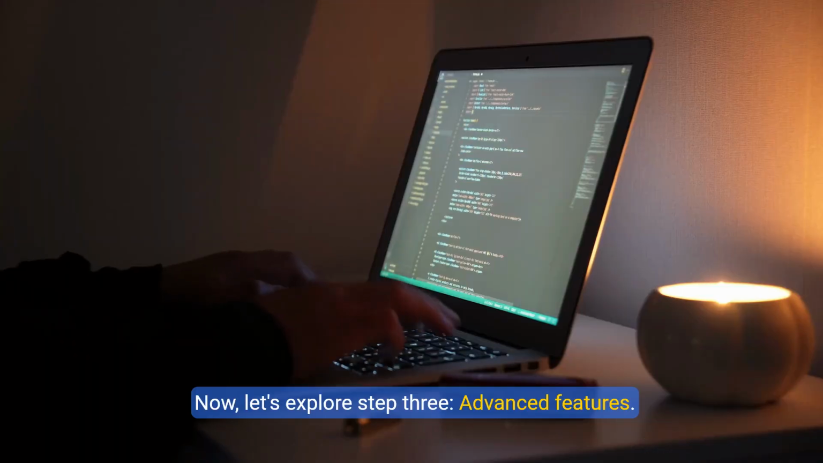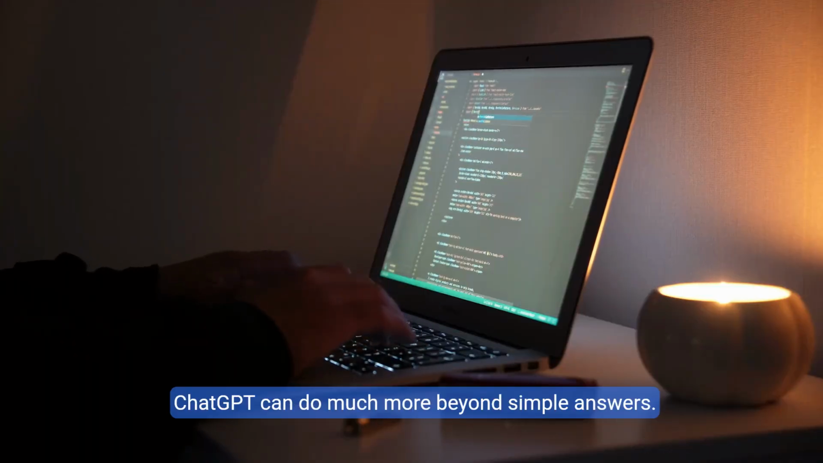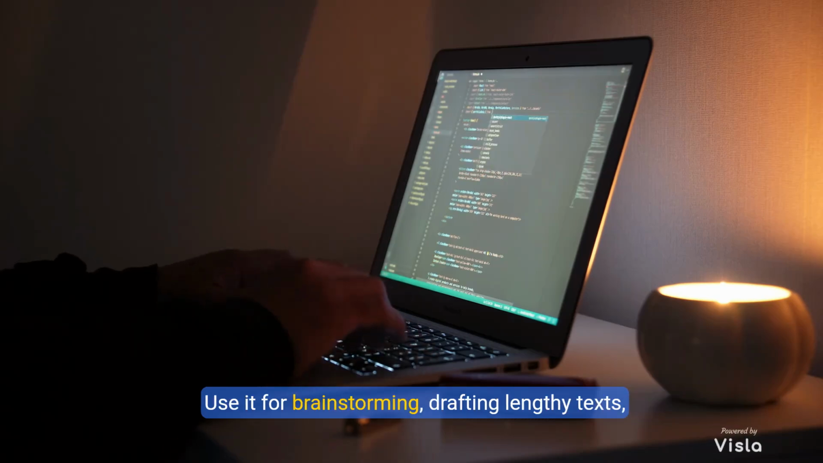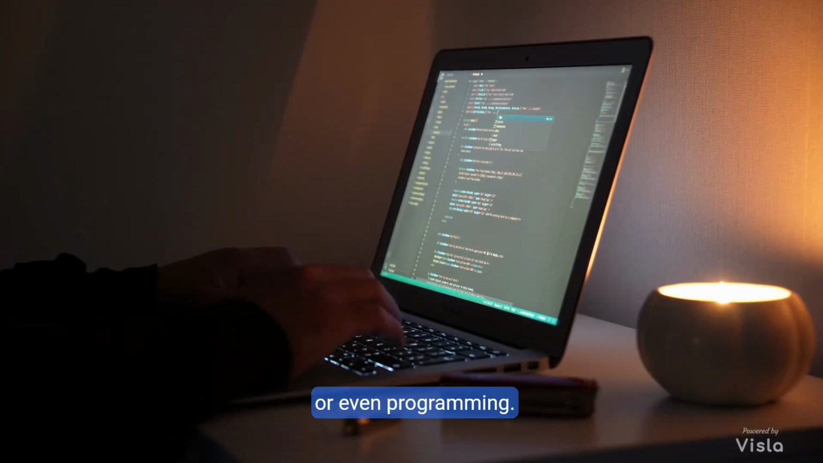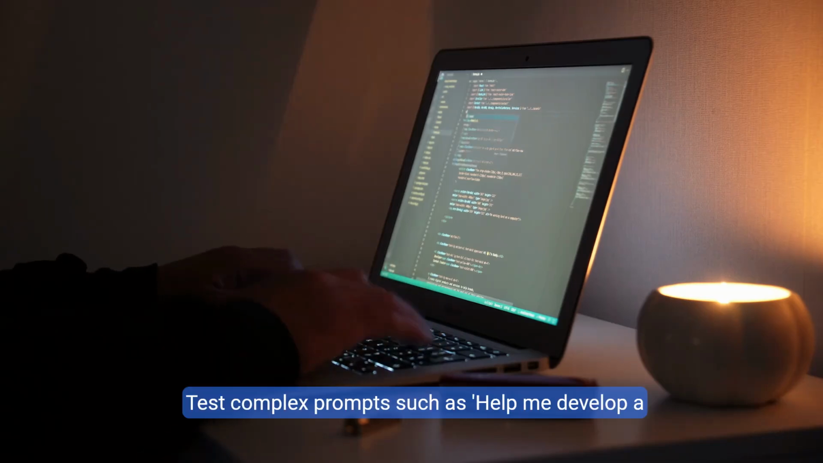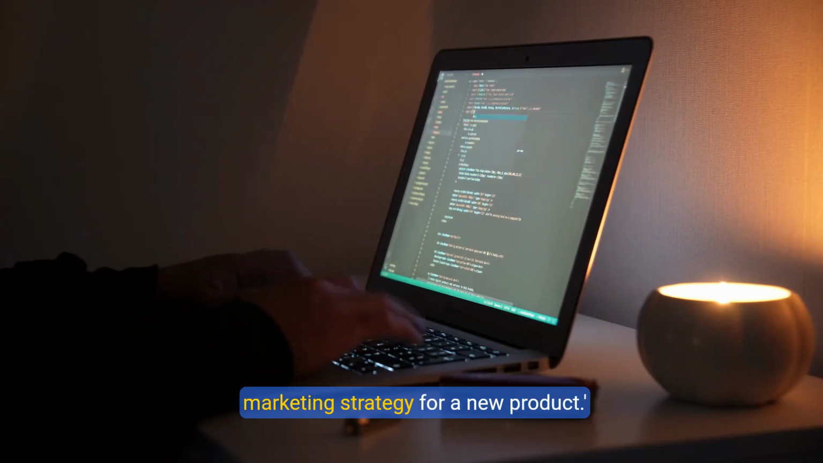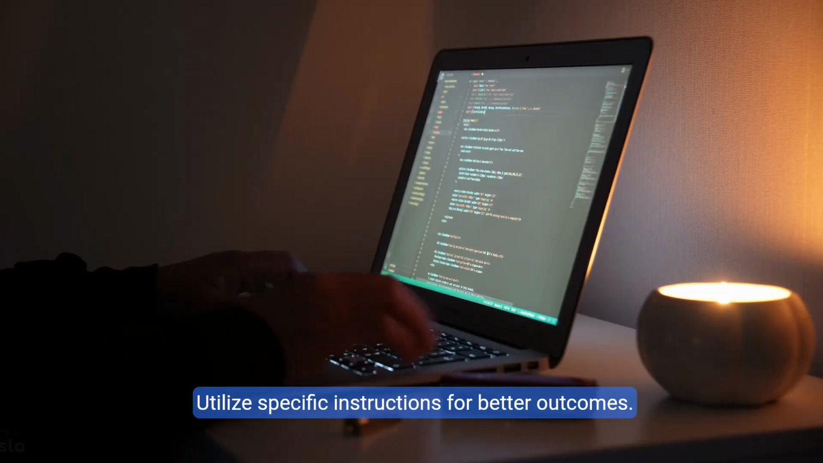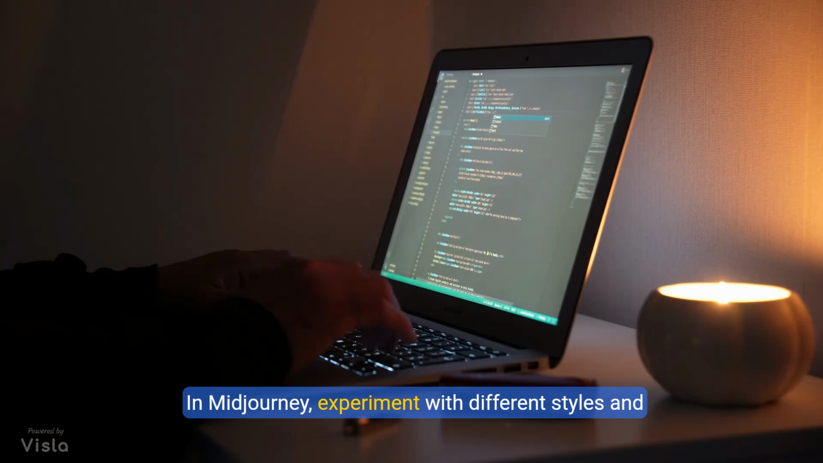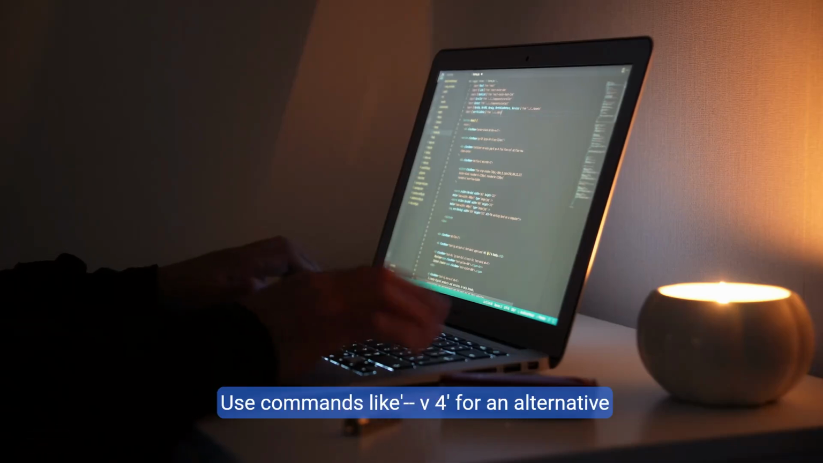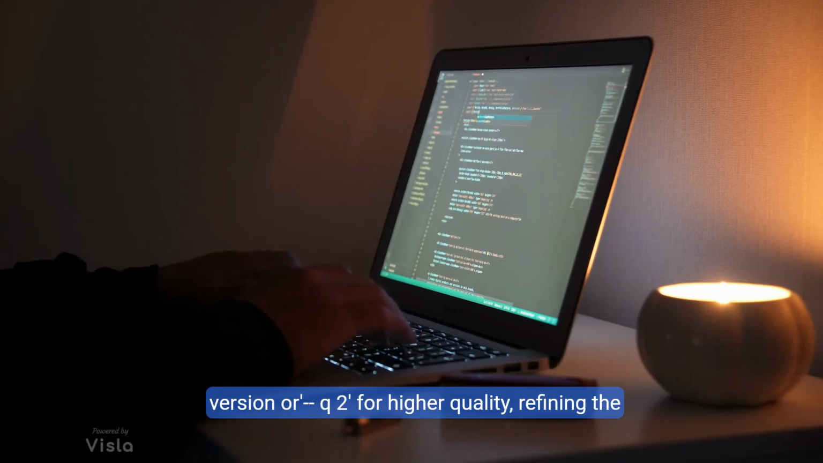Now let's explore Step 3. Advanced features. ChatGPT can do much more beyond simple answers. Use it for brainstorming, drafting lengthy texts, or even programming. Test complex prompts such as "Help me develop a marketing strategy for a new product." Utilize specific instructions for better outcomes. In Midjourney, experiment with different styles and parameters. Use commands like "--v 4" for an alternative version or "--q 2" for higher quality, refining the image to meet